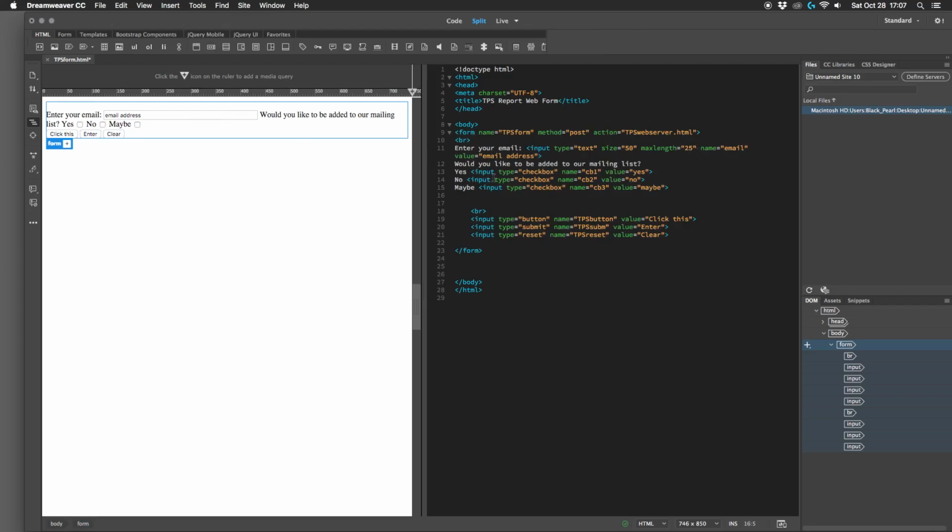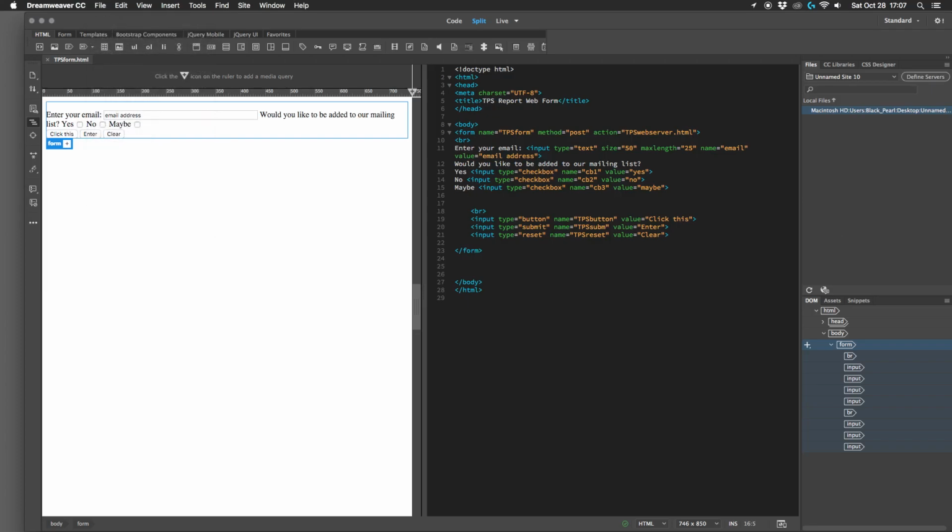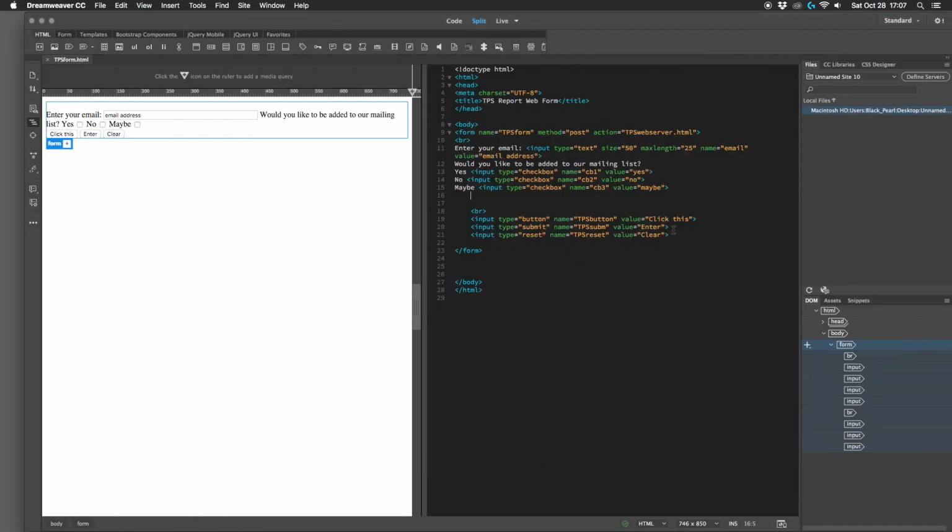Okay, so now that looks a little bit better. Enter your email address. Would you like to be added to our mailing list? Yes, no, maybe. Save. Preview that in the browser. Refresh. And there it is. A little bit better. Let's get rid of click this and just have enter and clear. So we'll delete the line 20. And then